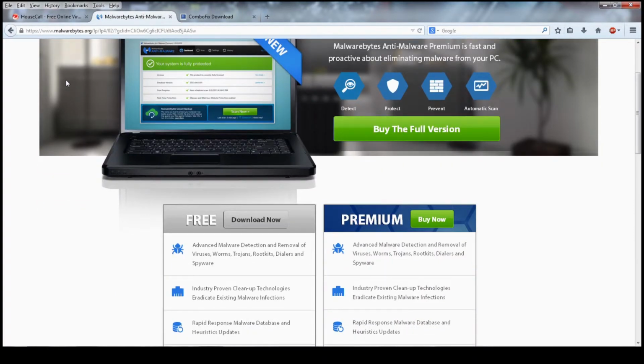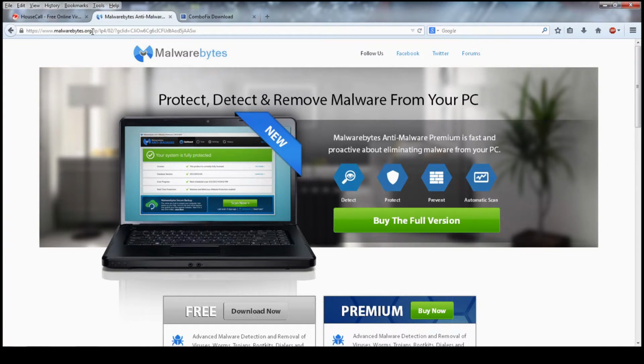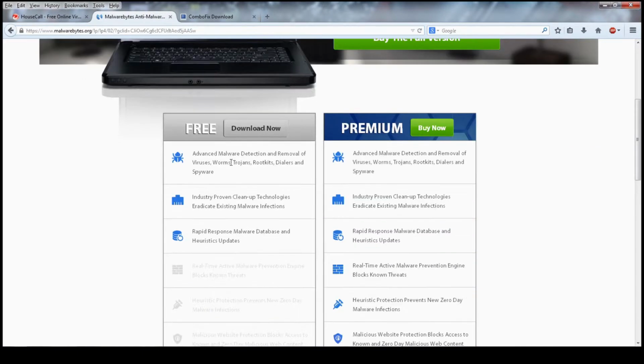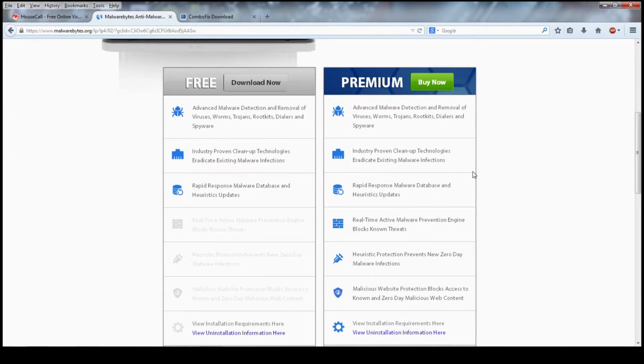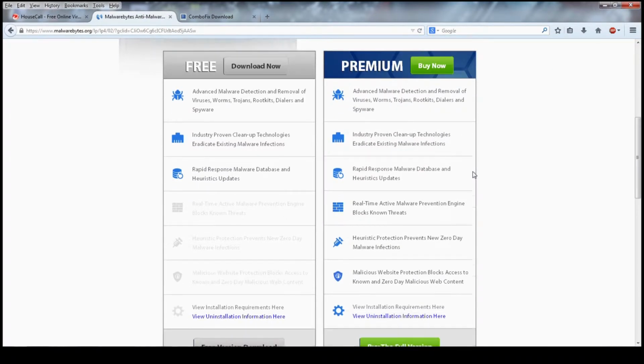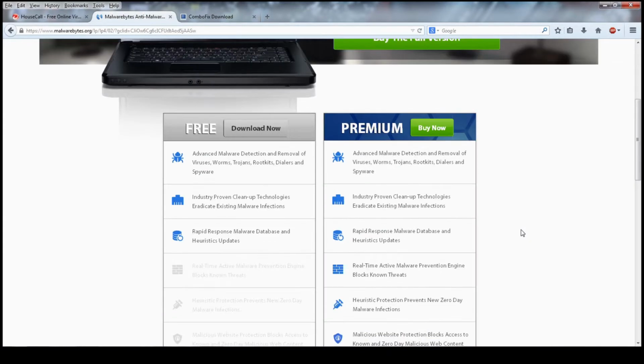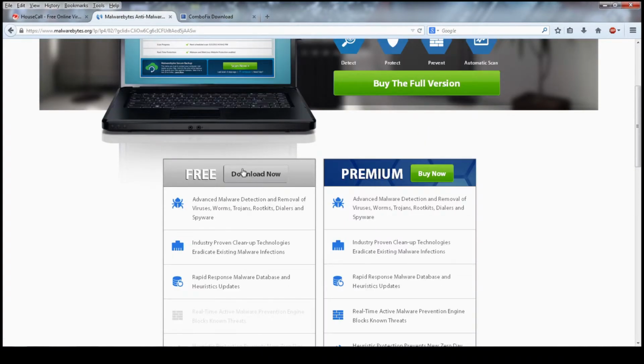Anti-Malware. Now if you go to malwarebytes.org, you'll come up to this page and you just select the free version. The premium version doesn't really do much apart from slow down your machine, and you can get free software to do any of these little extras. Okay, so go ahead and download that,